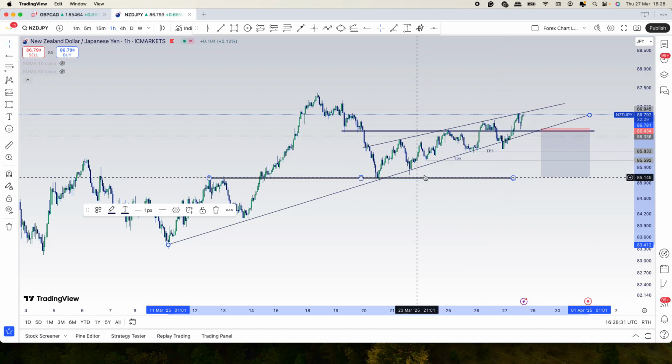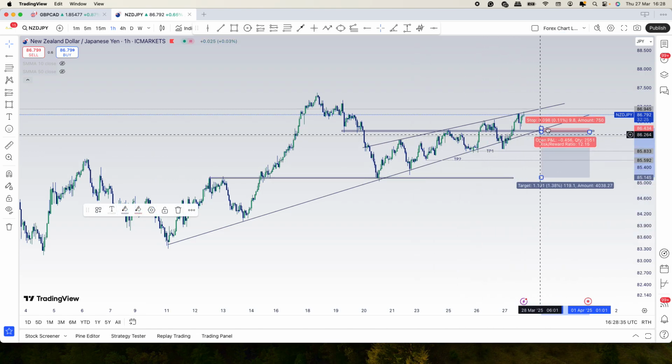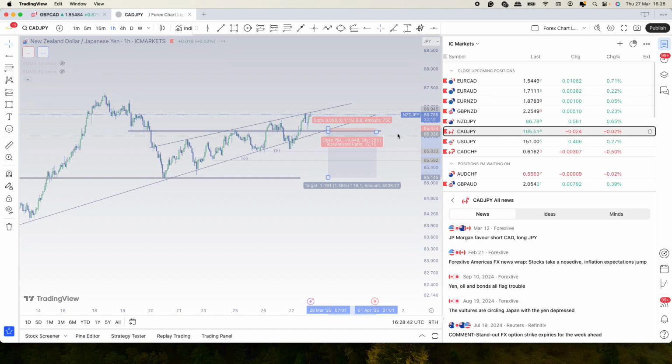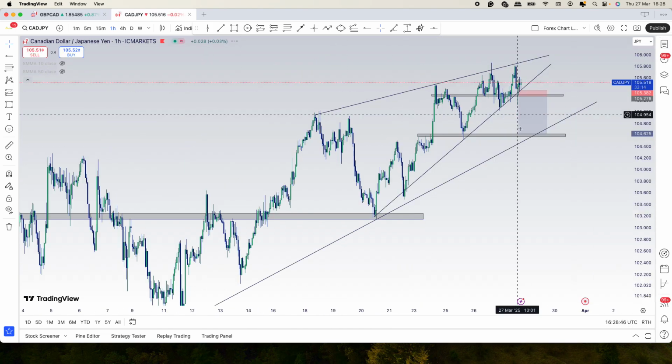And it is the same. The more you knock on a door, the more likely it is to break. So I'm just waiting on this break now on the JPY shorts. CADJPY has also given me this vibe as well, but we're going to look at this in terms of